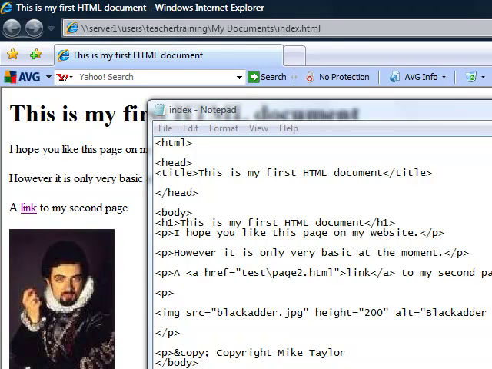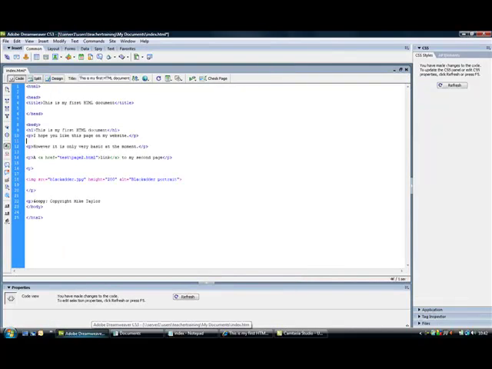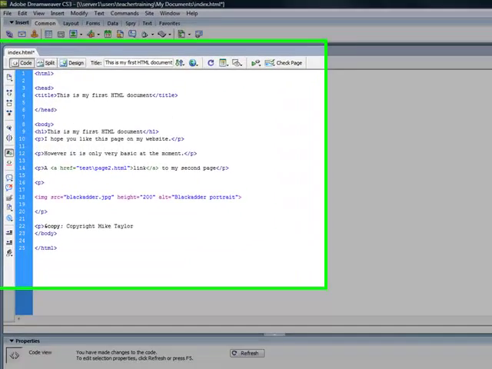From now on I'm going to be using a different type of editor. So far I've been using Notepad, and now I'm going to be using something called Dreamweaver. I mentioned it earlier on when we were talking about editors, and Dreamweaver is an editor that actually highlights the syntax. If you notice, I've just opened up the same index page within Dreamweaver that we've been editing using Notepad,